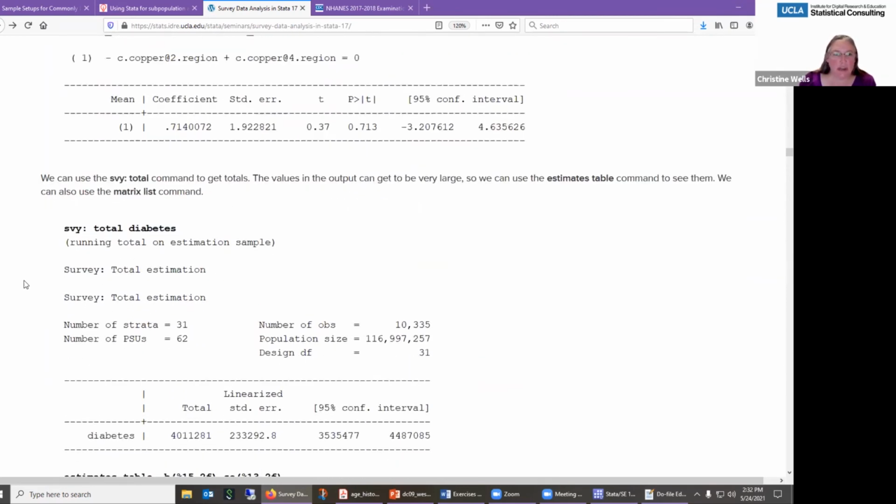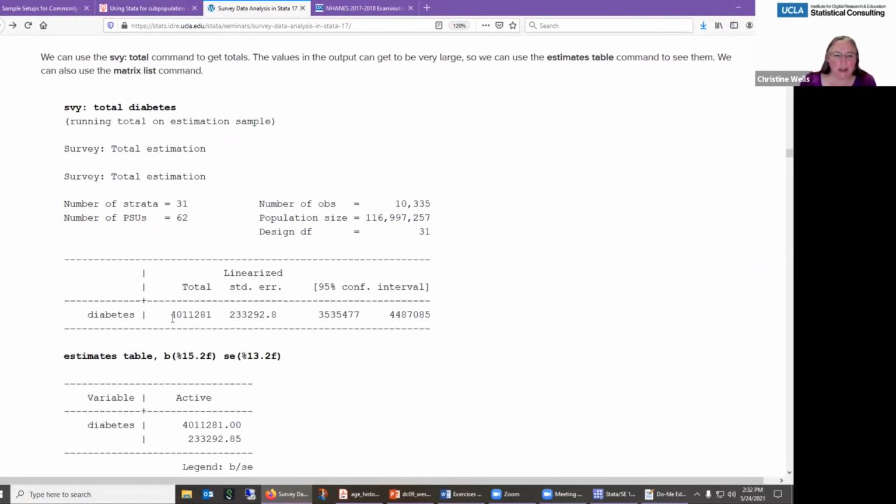Finishing out this section, we have the survey total command. Again, I couldn't find a good variable in this data set to show what I needed to show here. So I'm just going to tell you why all the rest of this stuff is here. Survey total, of course, gives you the total of something. I just use diabetes, you use whatever it is that you do. But typically the total is really, really, really big, and Stata has to exponentiate it. But like I said, the exponentiated value doesn't do you any good when you're actually trying to write up a manuscript. So there's a couple of ways to get Stata to give you the actual underlying numeric value,